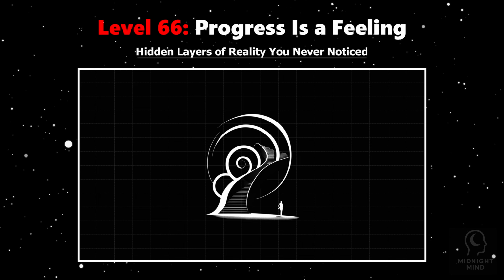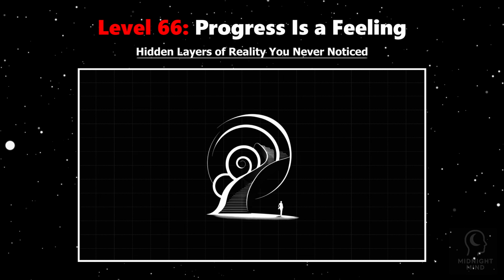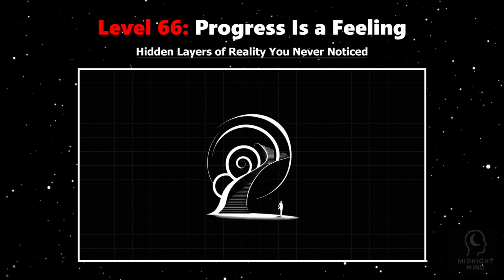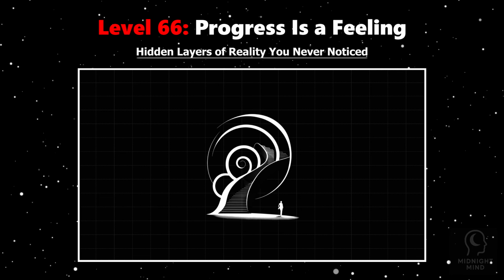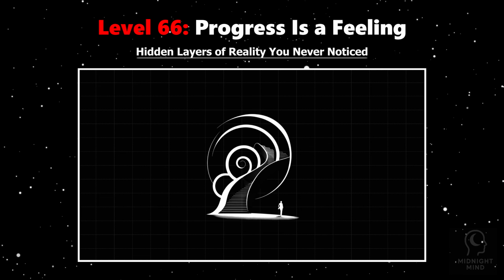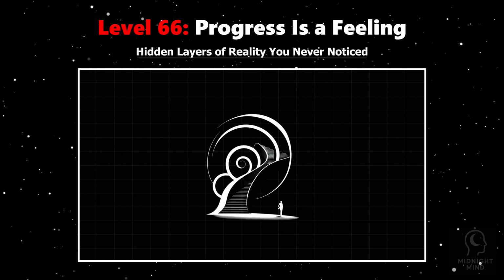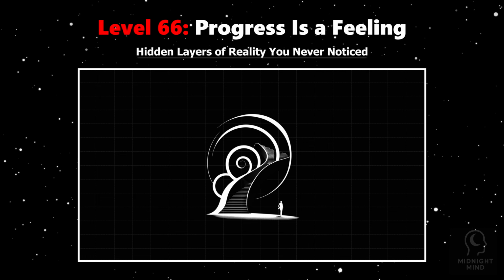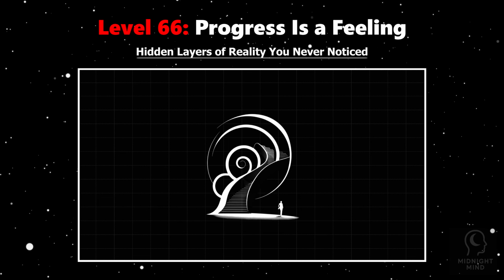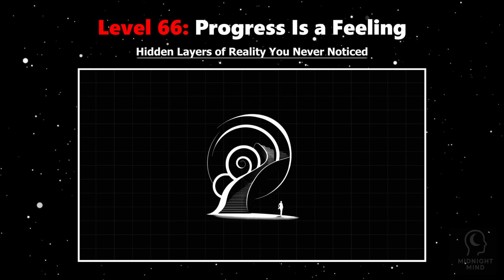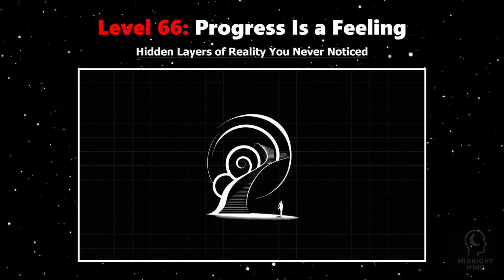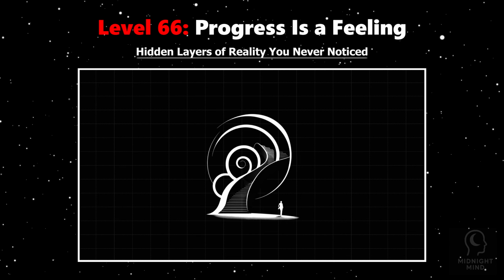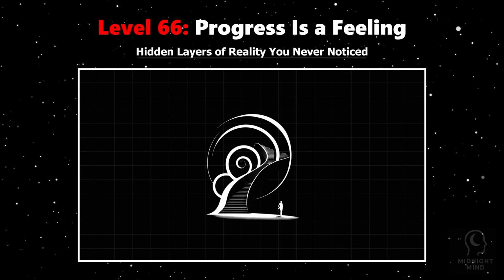Neuroscience reveals that dopamine, the brain's reward chemical, floods your system when you complete actions or anticipate success. This flood creates motivation, a sense of achievement that encourages repetition. But dopamine doesn't measure real progress. It measures expectation and reward. So, you might feel forward movement simply by staying busy or sticking to familiar routines, even if they don't lead anywhere new. Psychologists call this illusory progress.